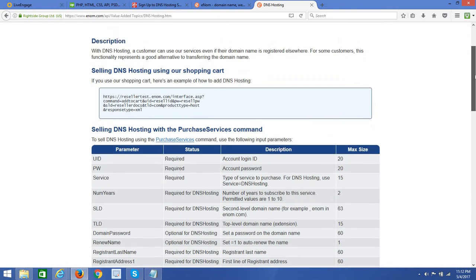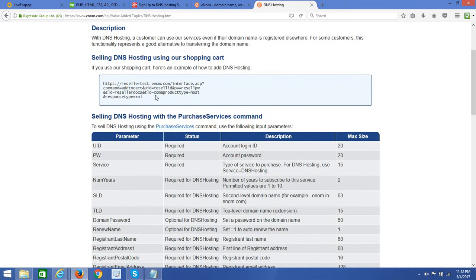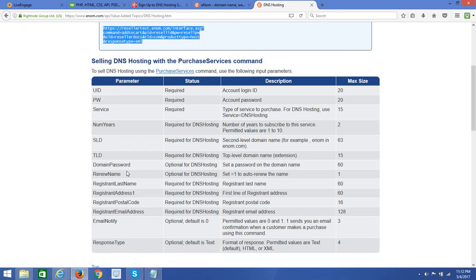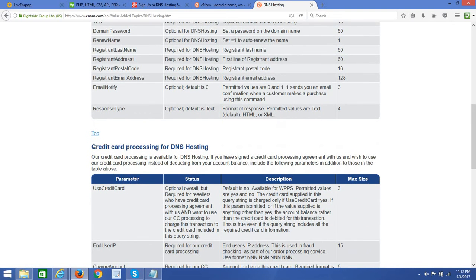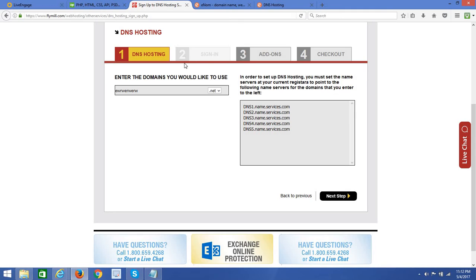So as you can see over here, the DNS hosting, and it shows you the type of commands you would use to add DNS hosting and the parameters, the required parameters and the optional parameters. Now, one thing I want to mention over here is we are not using the credit card processing system of eNom. Rather, we're using Plug and Pay, and one important thing for me to mention is, like,